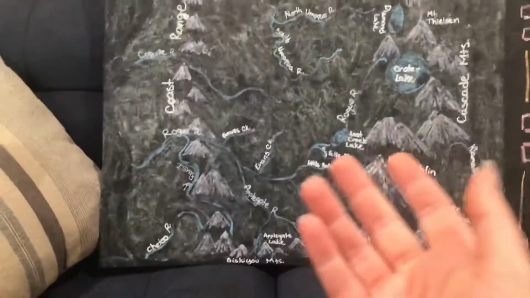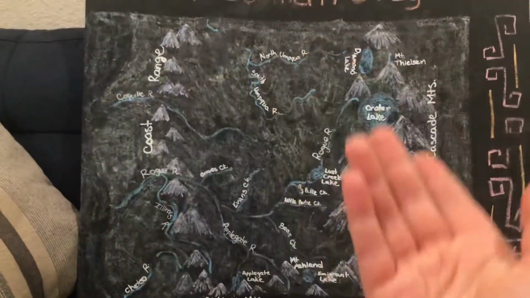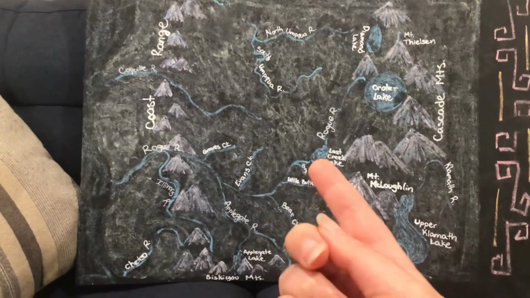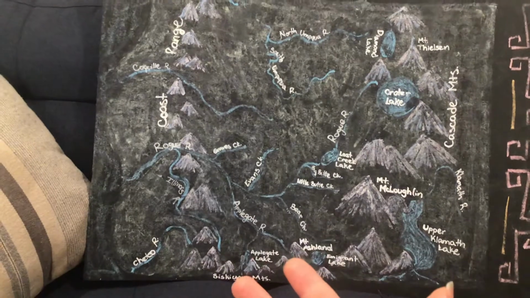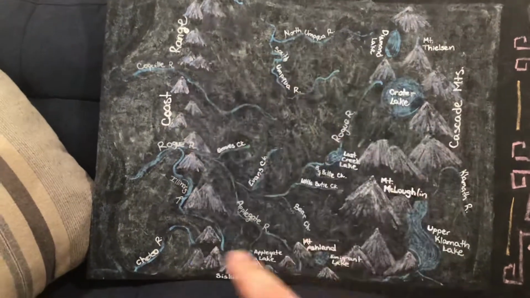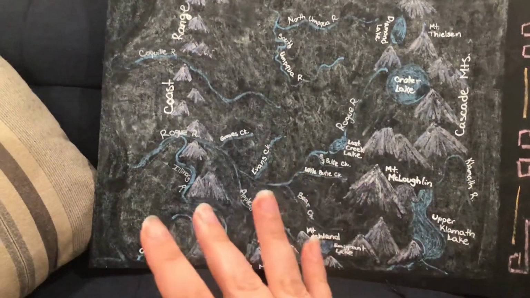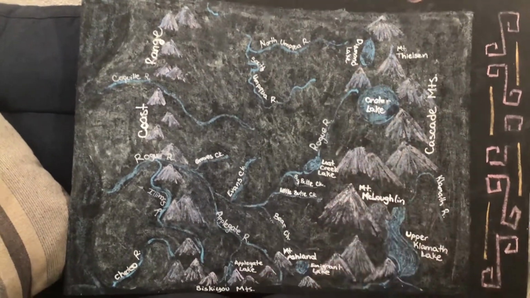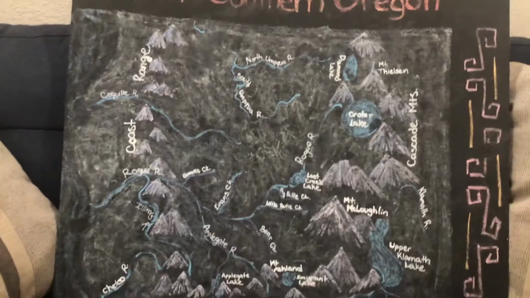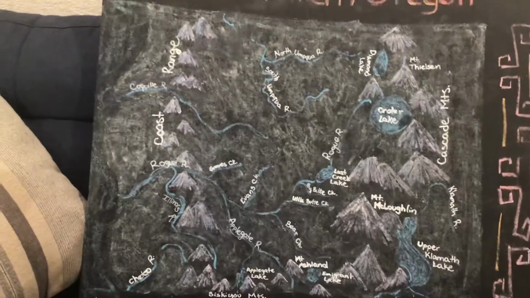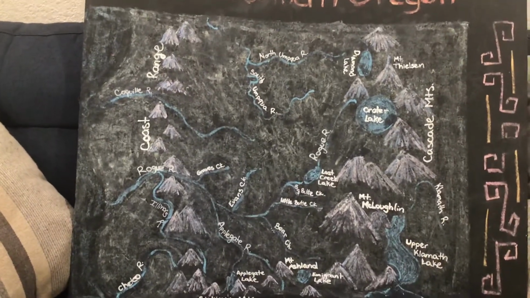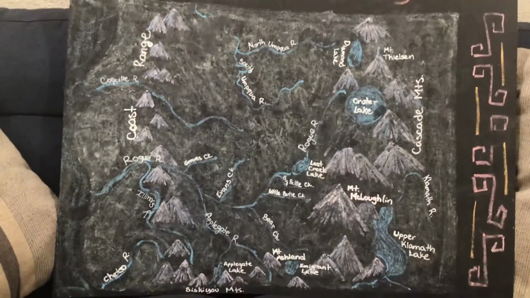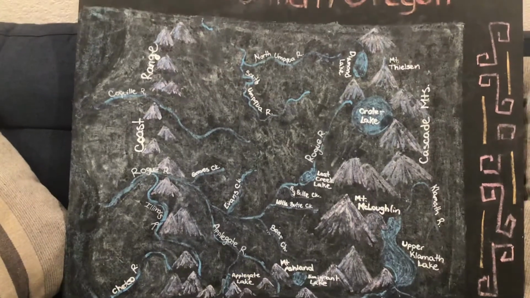Now, another thing you're going to notice about my map is, do I have any cities on here? I don't. There's really nothing man-made except for lakes. Everything else is natural. It's the land, it's the mountains, it's the rivers and creeks, it's volcanoes, right? So that's kind of what we're going to be focusing on with our next couple of maps. We've made a lot of things that are man-made. We've made classrooms and schools and cities. Now we're going to focus more on the land itself.